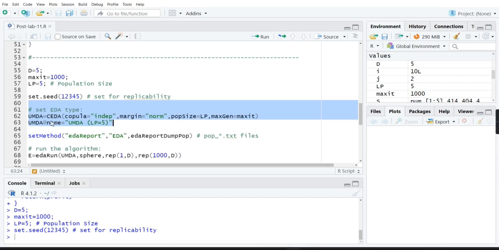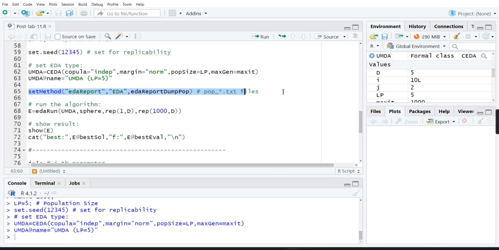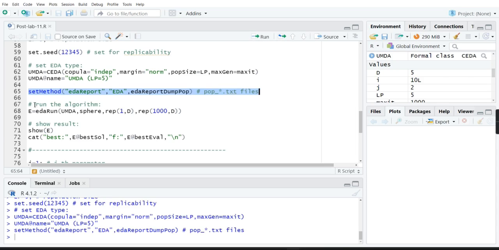We already discussed it. You have to create an EDA instance. It is like control parameters where you will pass the population size, maximum number of iterations, all these things. You execute it. To store the temporary results, you execute this statement, and then finally call the EDA algorithm